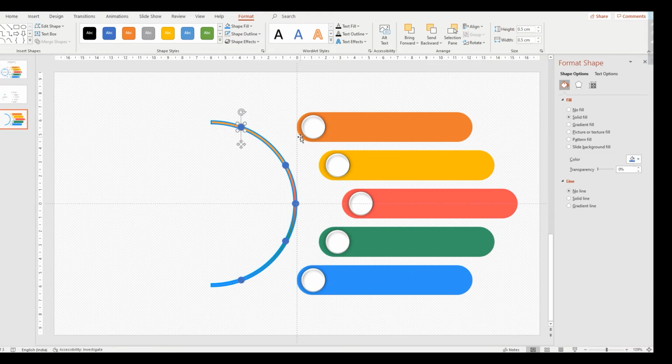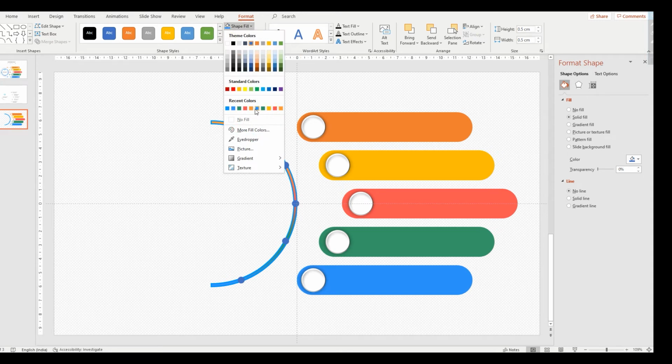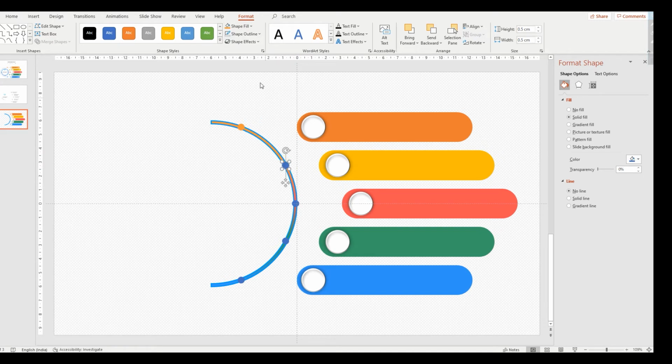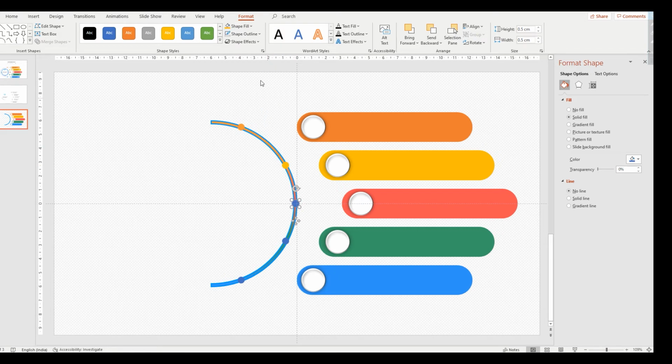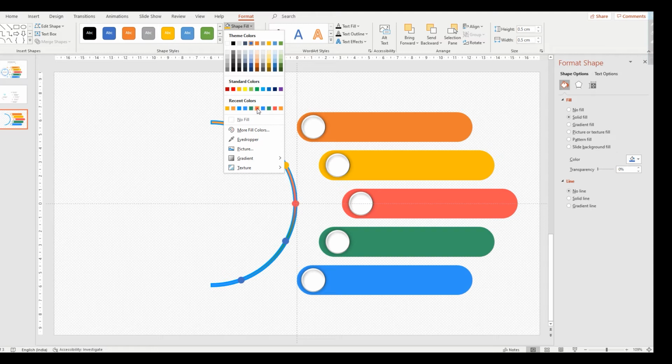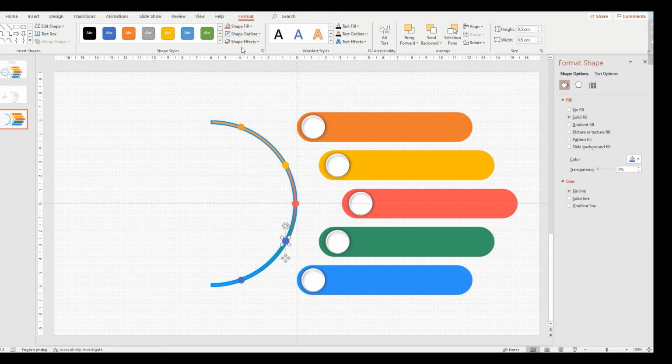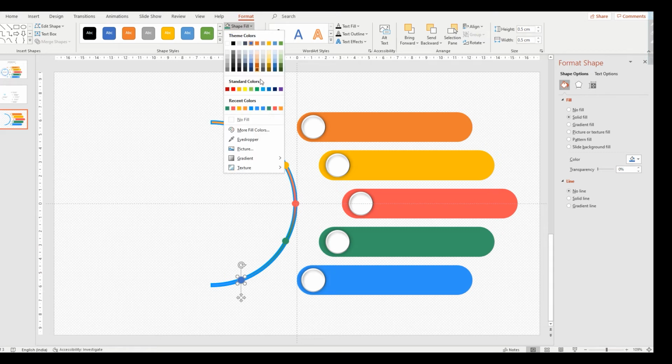We are going to give the coloring of this one. Same colorings we are giving. Green we are giving, this one blue.